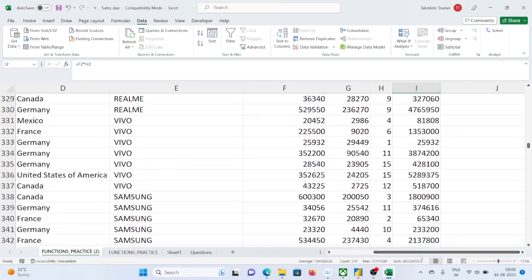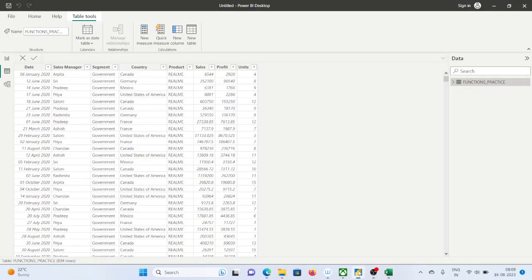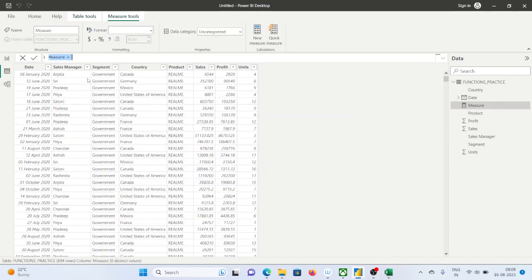Okay, so now in Power BI, how are we going to get it? There is an additional task which is multiplication, but if you write a DAX, I'll write a new measure. Total sales equals to, you will say, sir, sales